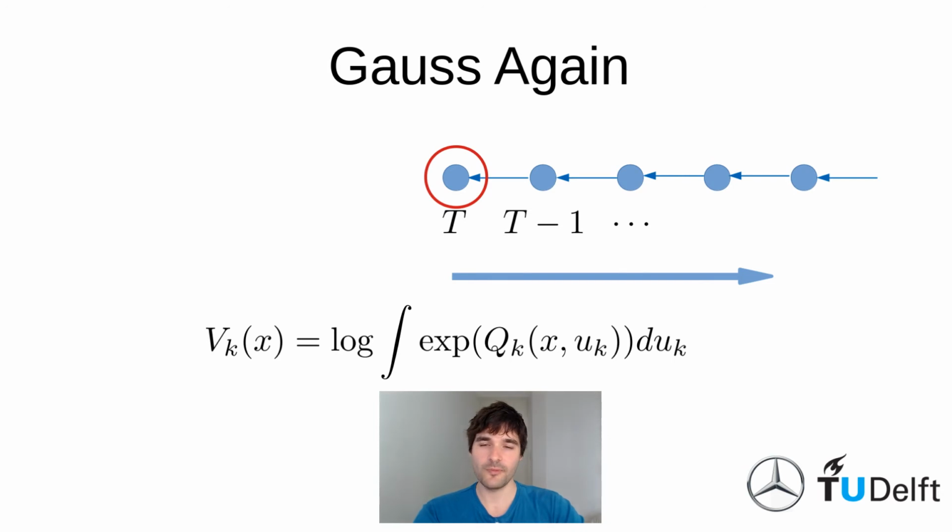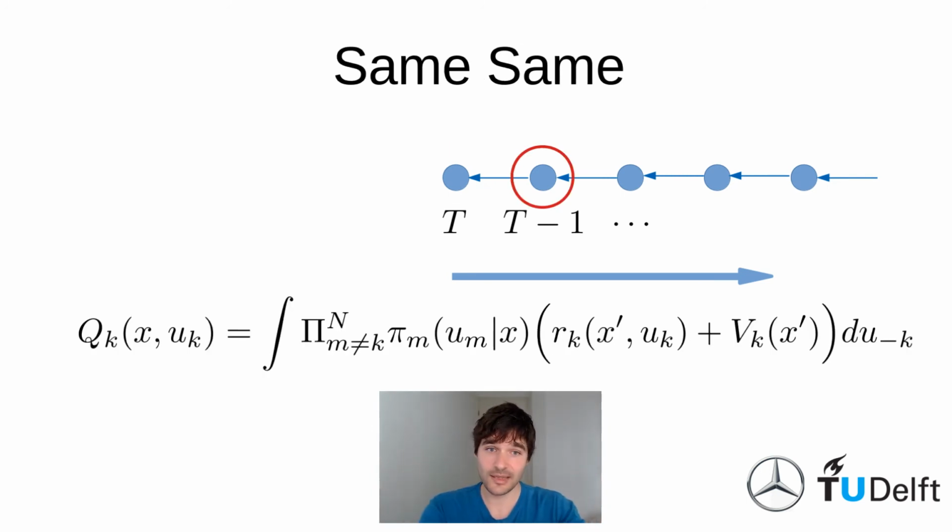And then in the next step, we need the value function. And we have the soft maximization operator. The Q function now is also quadratic in the states and actions. And so we can also solve this integration. And the value function is also going to be quadratic in the states. Again, so when we move to the next step, we do the whole thing again. Just in this case, there is this value function, not just the reward function, but that is quadratic. That turns out to be Gaussian. We can solve this. So we do this for each step until we're at the end.